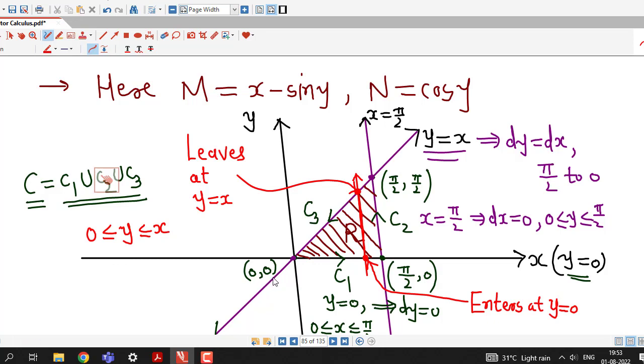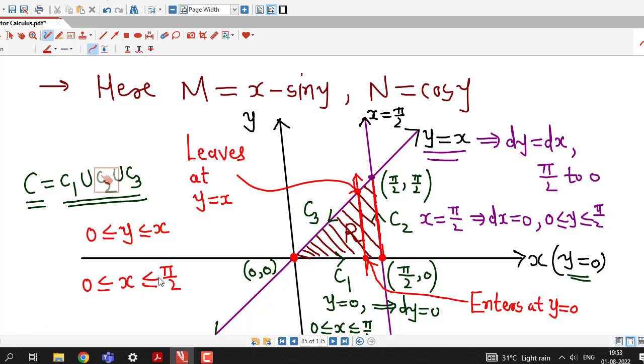And for limits of x, we will consider the leftmost point of the region and rightmost points of the region. All these points are rightmost points, and there is only one leftmost point. At this point, value of x is 0, so lower limit for x is 0. At this point, value of x is pi by 2, so limits of x will be from 0 to pi by 2,